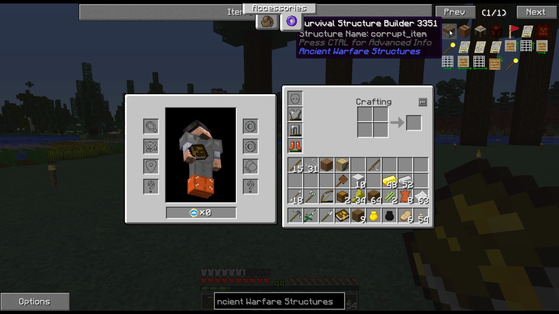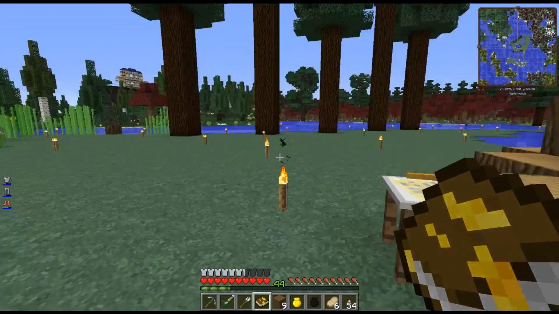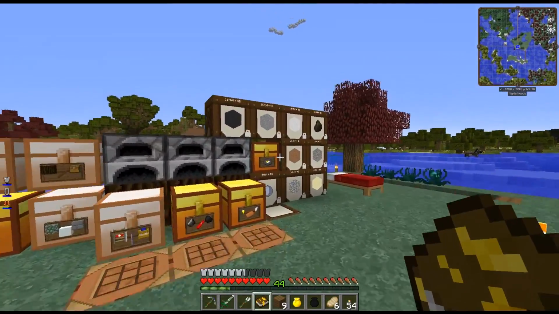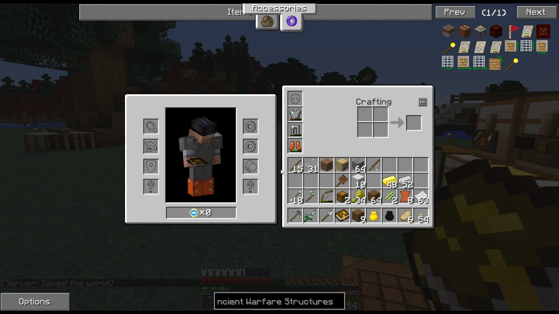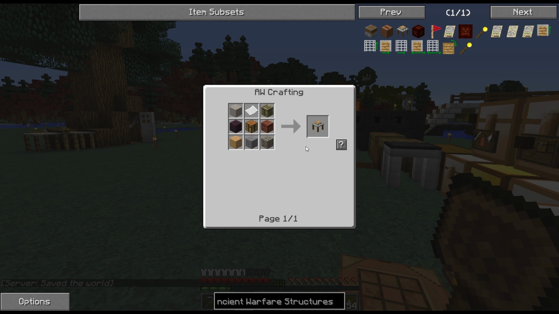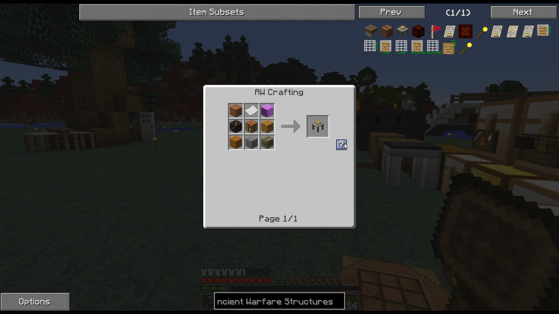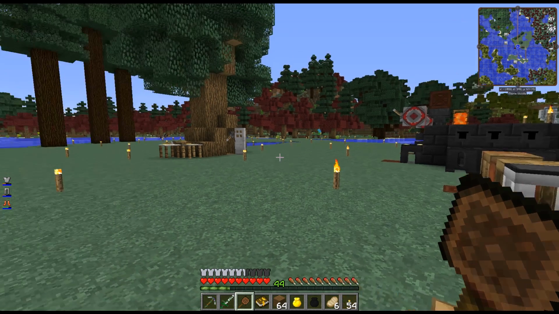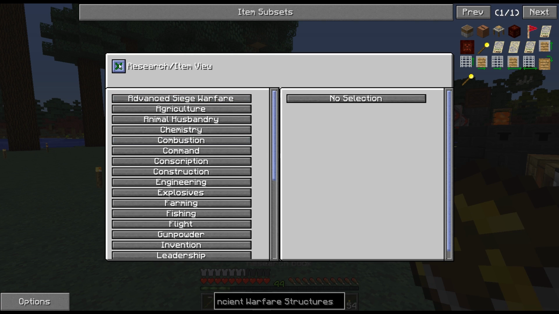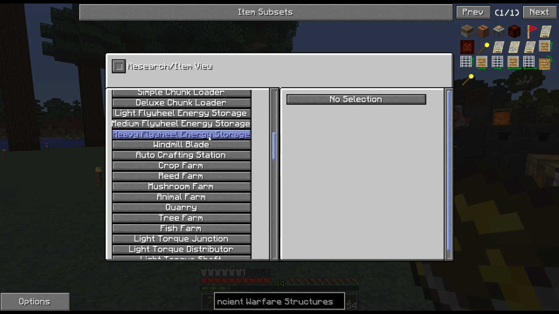So I'm going to need to make a survival structure builder. I need a drafting station. Okay, I should be able... I just saw I need a smooth stone. Let's get some of this. Back here. Let's make... I need to first. And have the rest. Aha, I need the drafting station researched first. Let's see what I need to do for that. Oh, please tell me. You're going to show me...